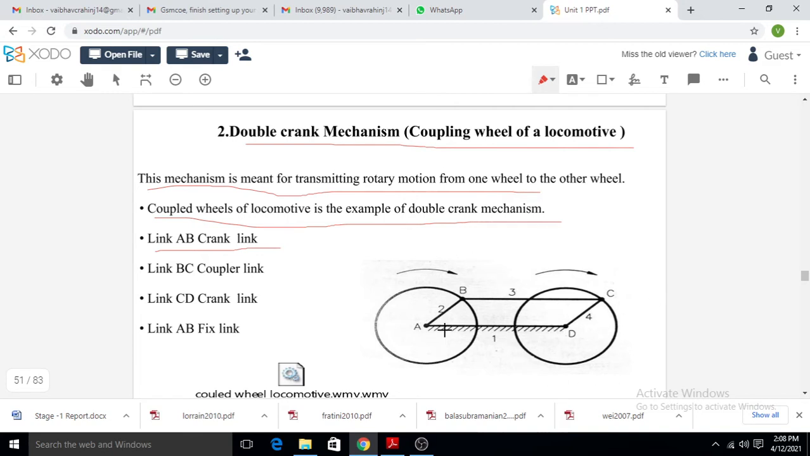AB is equal to CD and it acts as a crank, and it is connected to the respective wheels. Means this link AB is connected to this wheel and this CD is connected to this wheel. Now, the link BC, in this case, is called the coupler link, and link AD, means link number 1, is a fixed link,